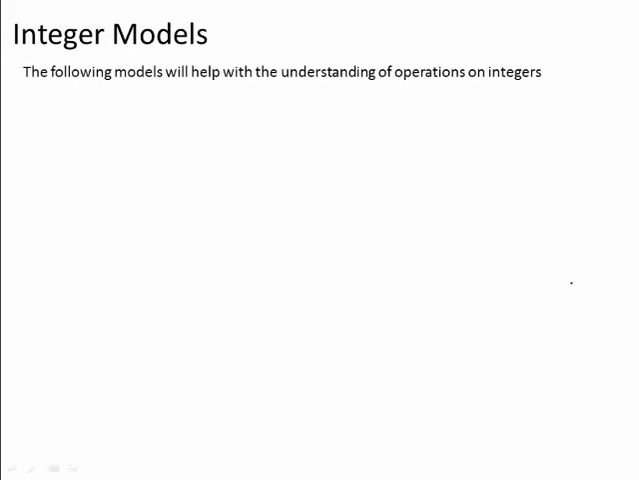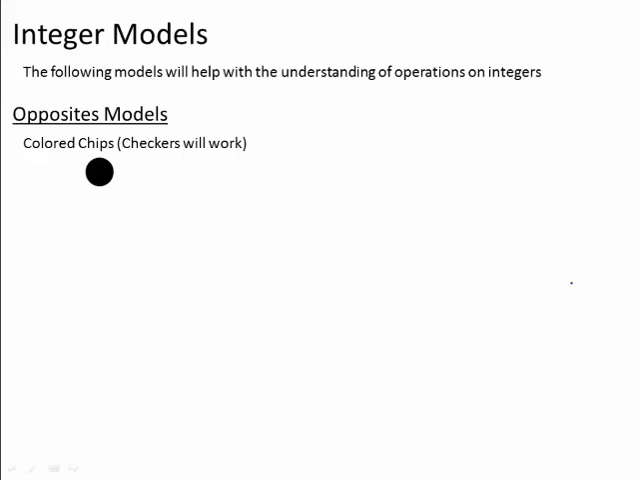Okay, we can model with integers to help understand the operations on integers. So we have opposites, which we can use colored chips. You could use checkers, or you could get beans like kidney beans and pinto beans, or something, 2 different colors of beans, black and white, things like that. So we set one color to be negative and the other to be positive. So if I say that this is positive and this is negative,